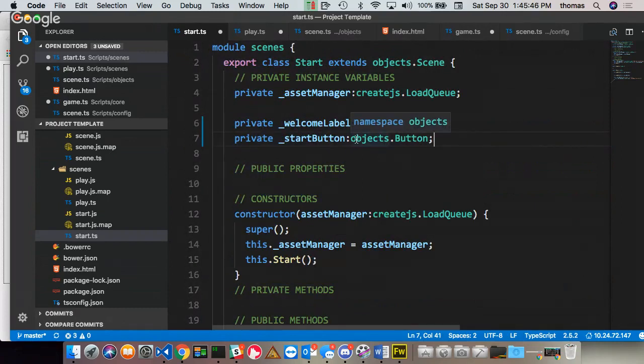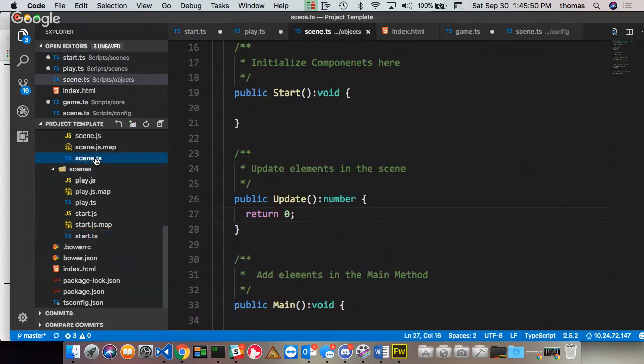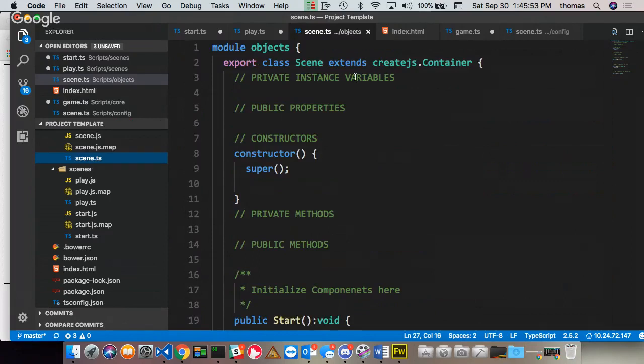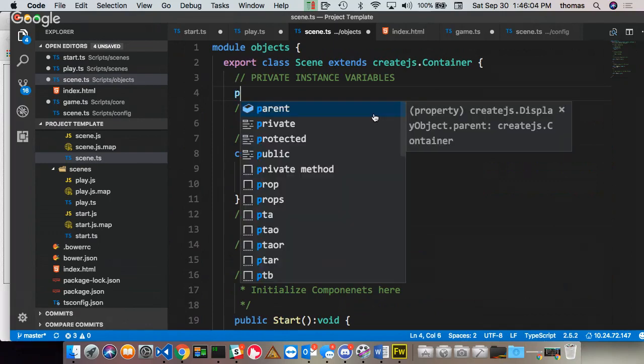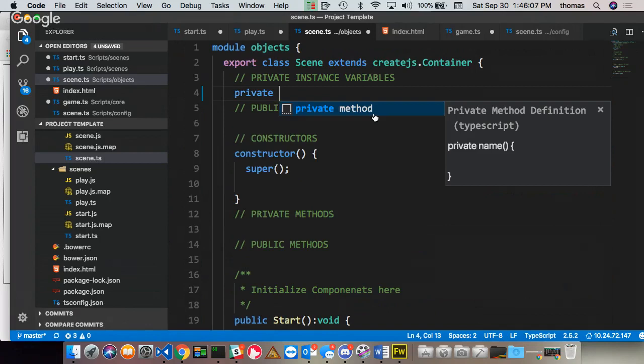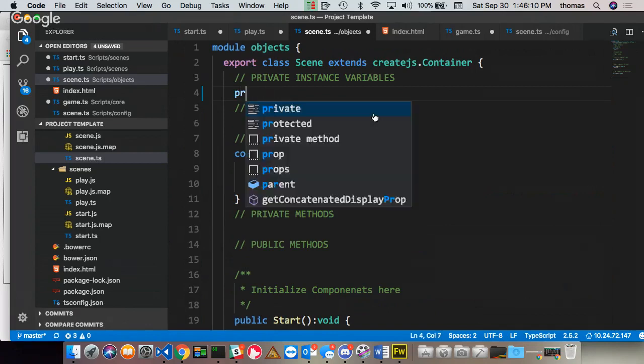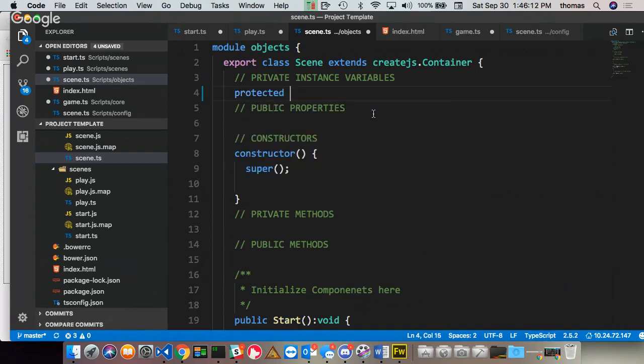So that means I must have some kind of variable that keeps track of my current scene here, right? But if my variable is going to be on every scene, then I might as well put it inside my scene class, right? Any variable that's going to be part of all my scenes must be in my scene class, because it doesn't make sense for me to always instantiate them every time. So let's suppose that, and hear me out here, I make a private variable, right? It doesn't have to be public. Actually, if I do make it private, it wouldn't work, because private is only for the class itself, right? I make a protected variable, which is for inherited members,